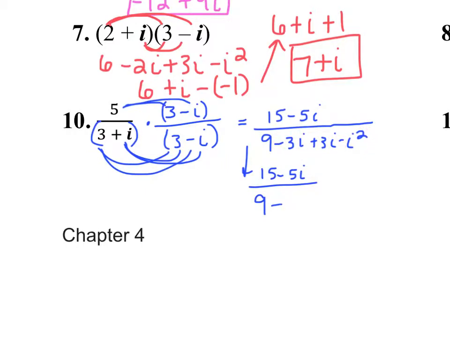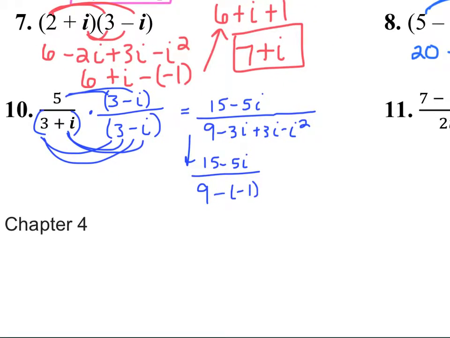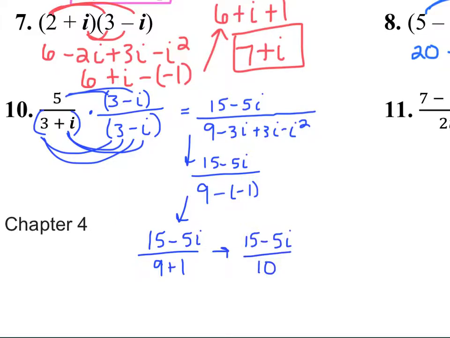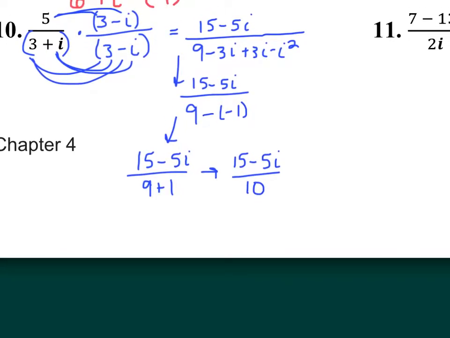Minus i squared, which is negative 1. So minus a negative 1. So now that gives us, I'm just going to keep going down, 15 minus 5i over 9 plus 1. So 15 minus 5i over 10. But our final answer has to be in the form a plus bi, so we have to split it into